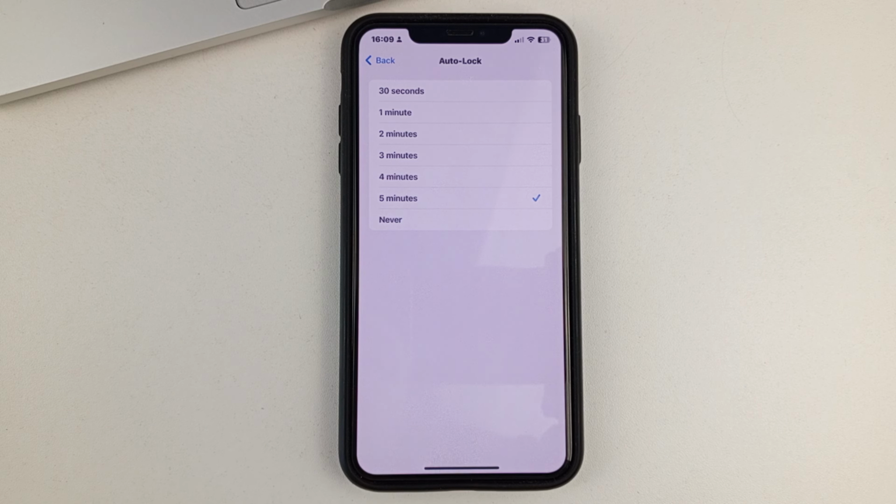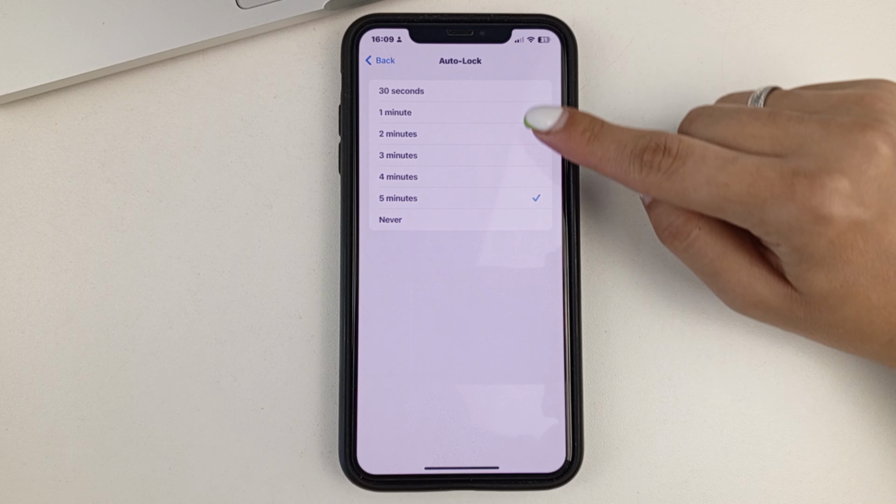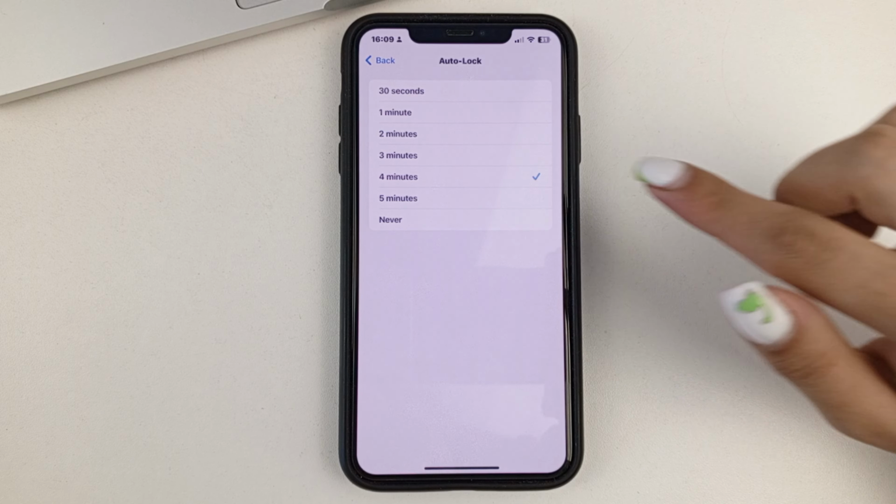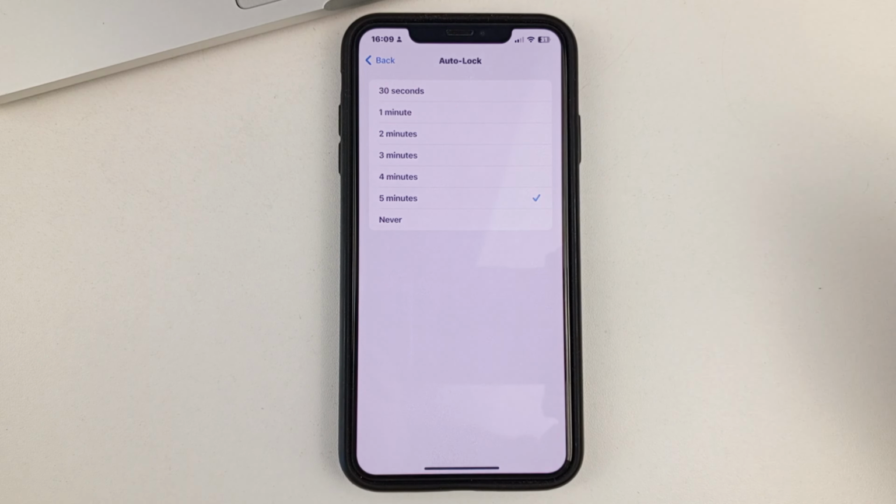And you can easily customize this time from 30 seconds to 5 minutes. Choose the one that you are comfortable with just by tapping on it. You can also choose the last option, which is never, if you don't want your iPhone to turn off after a certain amount of time,